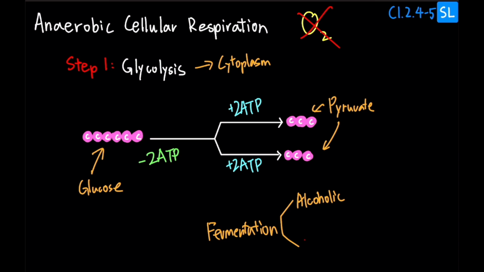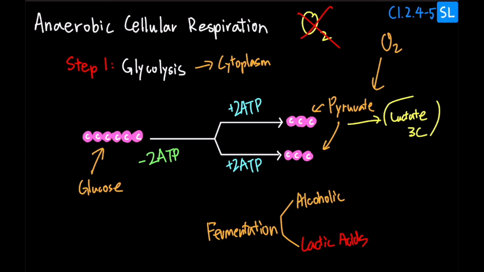The other way is lactic acid, and we should be more concerned about this because humans use it. When you're exercising and your body can't supply enough oxygen for all the respiration you need, we actually use this lactic acid fermentation, so anaerobic respiration. Here the pyruvate is converted into lactate, also a three-carbon molecule, and that's the lactic acid. When you feel muscle burn, that's the result of the buildup of lactic acid that accumulated during your exercise. And when you finally get enough oxygen back in here,